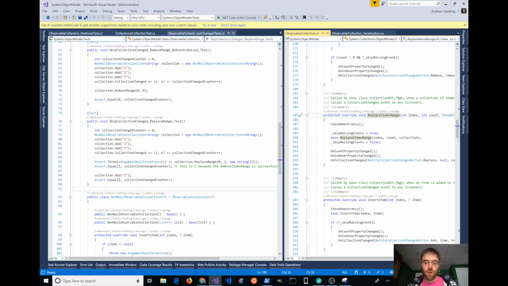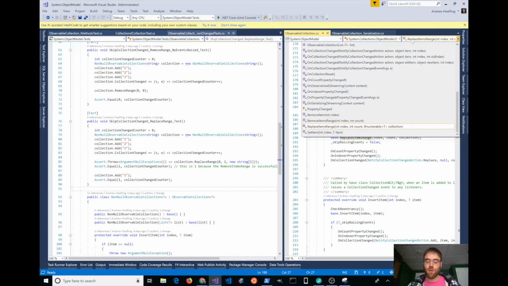So I believe I started adding the code last night, and right now I added this skip raising event boolean that we're just going to flip when we call the replace, and then afterwards we're going to call our onCollectionChanged. So if I go to our remove,